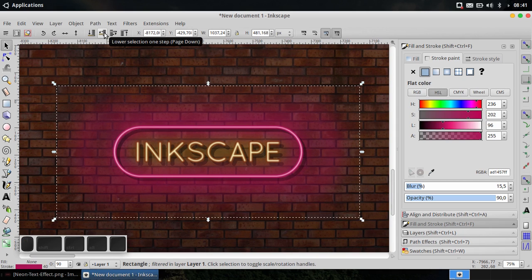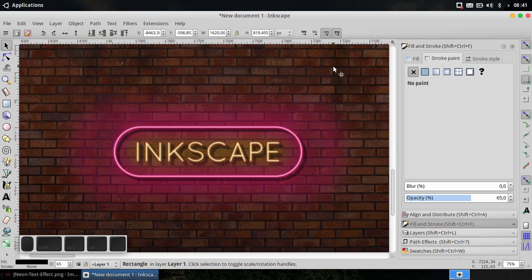And don't forget, click lower selection one step. Okay. I think this is enough.